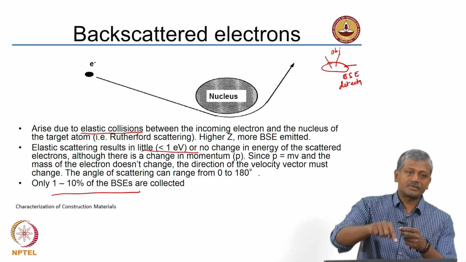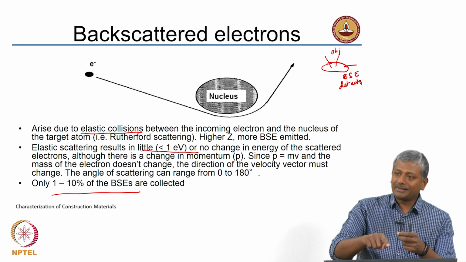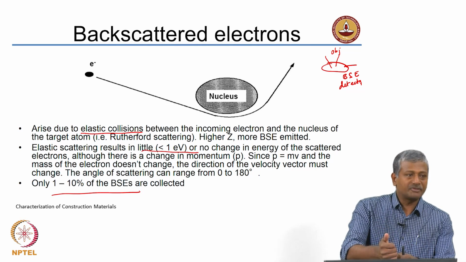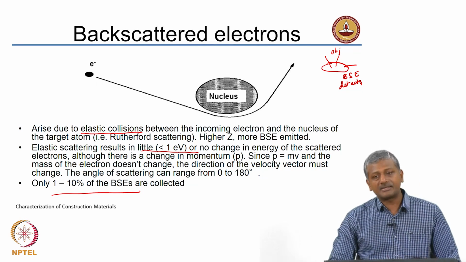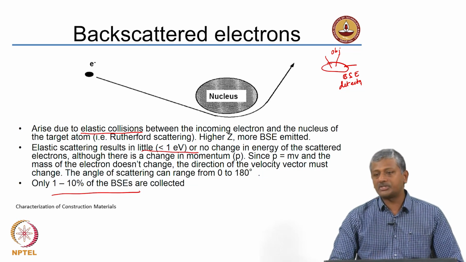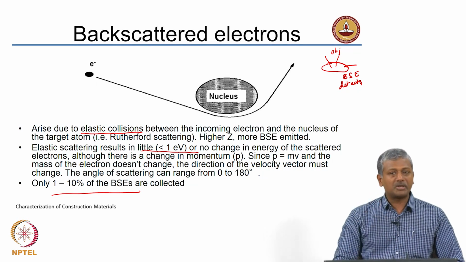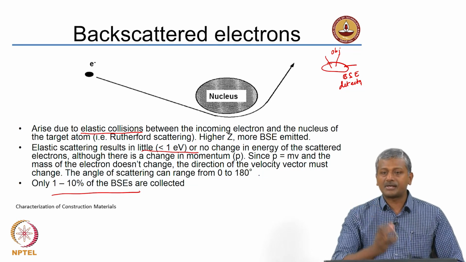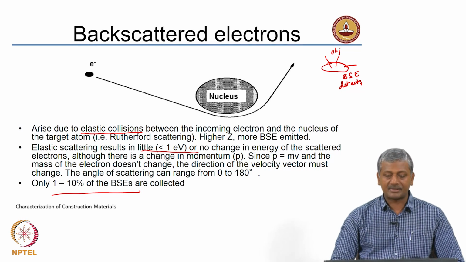Nevertheless, these electrons that are going into the sample are then getting scattered by the nuclei. Some of the scatter happens directly back, that is the elastic scattering, which results in very low change in energy, and these electrons can be detected by the annular ring placed around the objective lens. Okay, that is the backscattered electron detector.